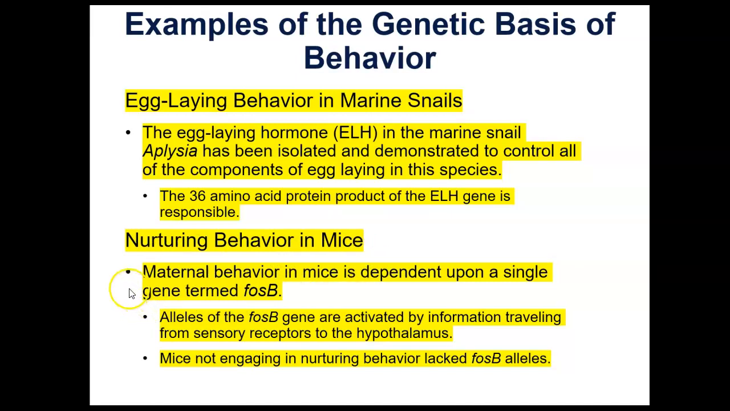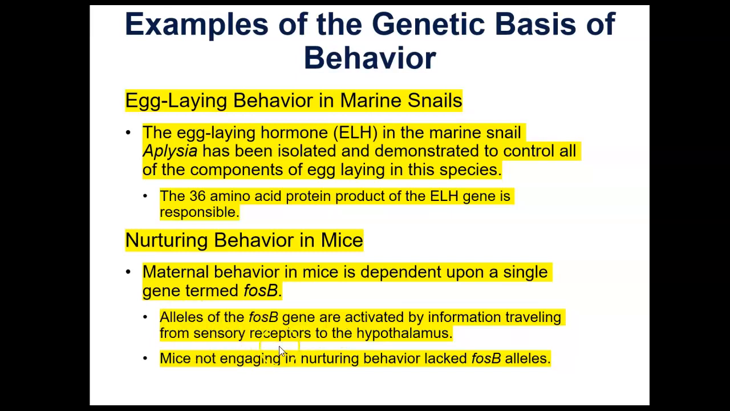It says maternal behavior in mice is dependent upon a single gene termed FOSB. Okay, so if this gene is present in the mother mouse, then she will engage in nurturing behavior with her offspring. If it is not present, she will not really go around her offspring very much. She'll sort of abandon them. So alleles, or versions, of the FOSB gene are activated by information